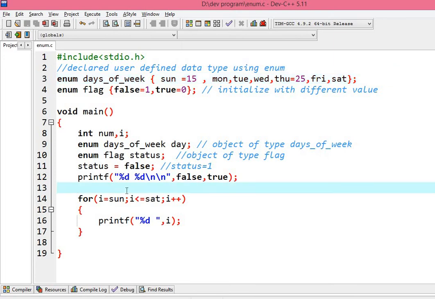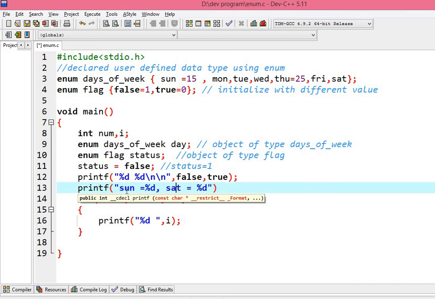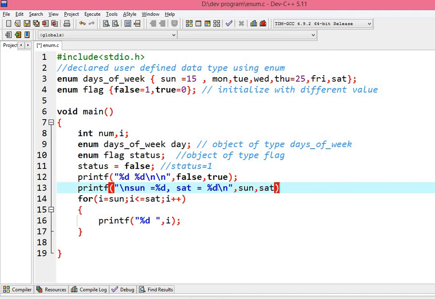And you can see the value of Sat. If I print the value of both the enumerators over here, like %d, Sun and Saturday, before that let me print \n, %d and over here Sun, and the second one is Saturday.